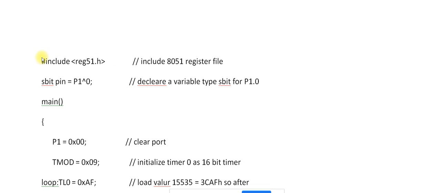The first part of a Keil program: you have to include the 8051 register file, that is the header file. From your C class programming in C, you know the function of header files. I repeat again, the function of the header files, it included